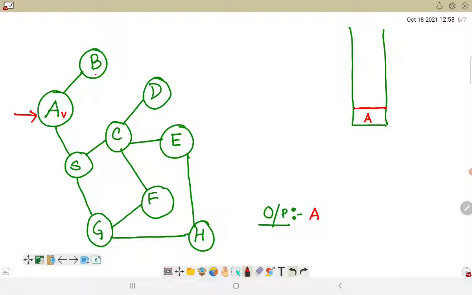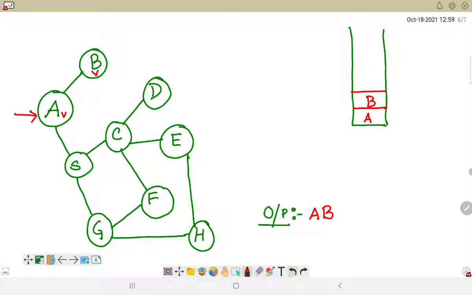Let us enter these in alphabetical order, so first of all we will enter B, and then we will search for its relevant nodes. So I have entered B here, and we will mark B as visited and also add it to the output sequence.